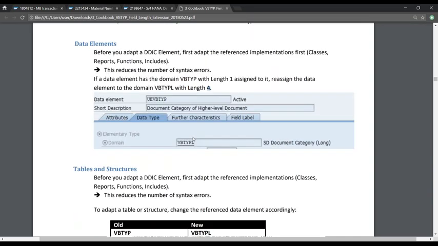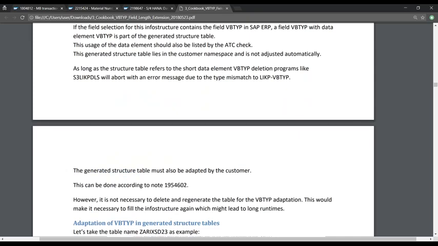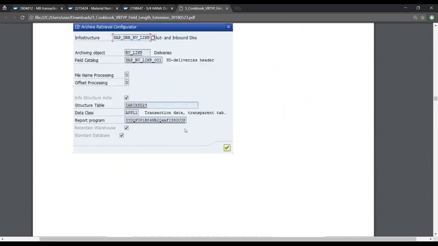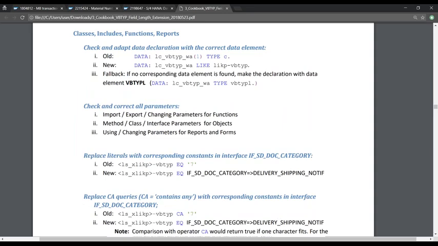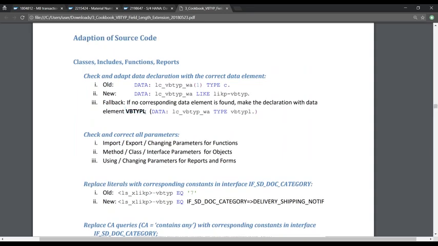And now if you come down, they will also, I think, give you a recommendation. What should you do ideally? So if you come down, you can see replace your data element VBTYP with VBTYPL. Instead of VBTYP, replace it with VBTYPL. Okay, this is what you should do.